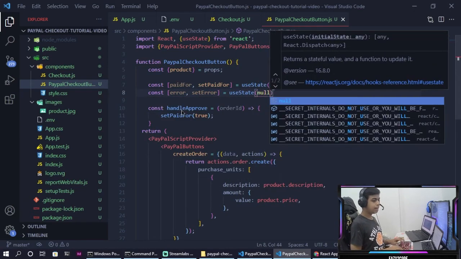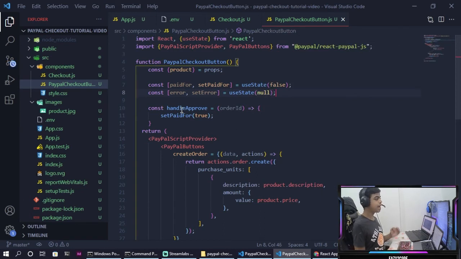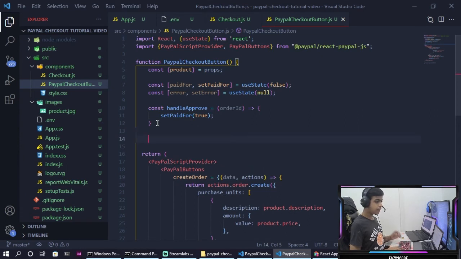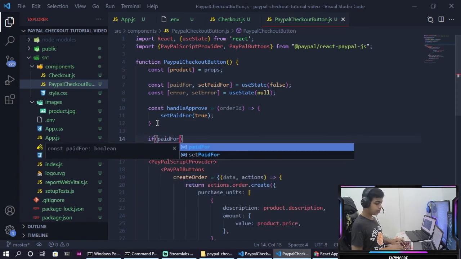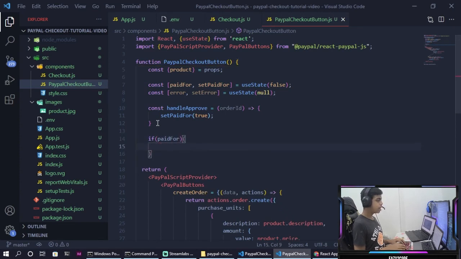And that is going to be null because at the start we are not going to be having any error displayed over here. So now we are going to be using the if else statements over here and say if my paid for state variable is true, I'm just gonna show an alert that is going to say thank you for purchasing from easy to code. Great. That means our purchase is successful. Alright, cool. So now we are all done with our on approve,